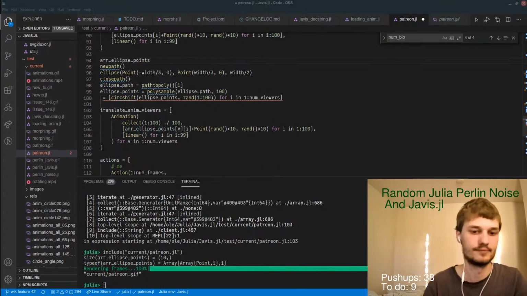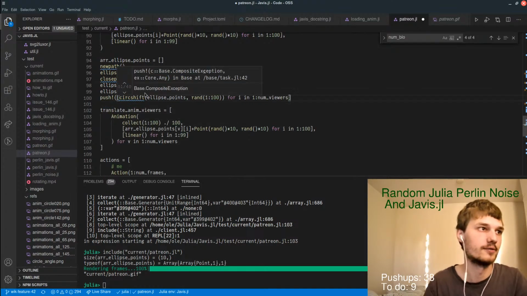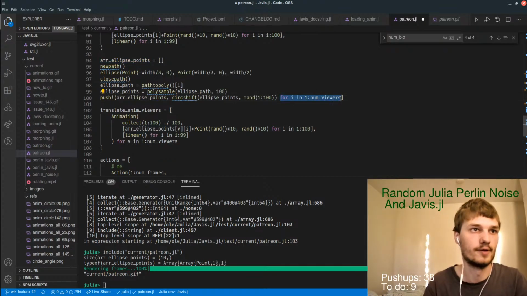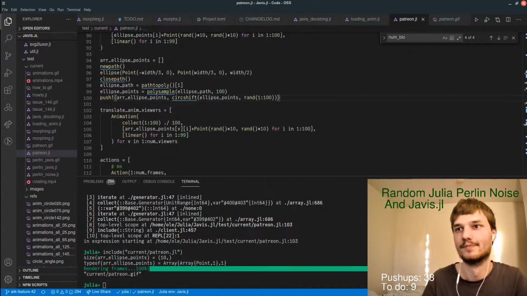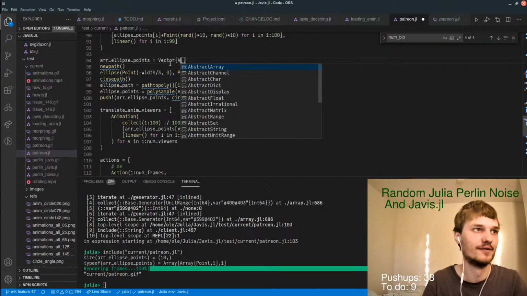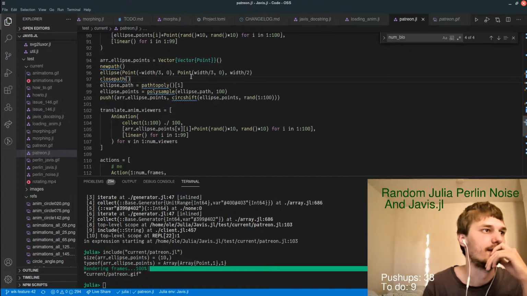So maybe let's have a vector of this and push on this new thing to it. Probably might be a little slow, but I don't mind. So this is basically a vector of a vector of points. I think it should be. Okay, and now